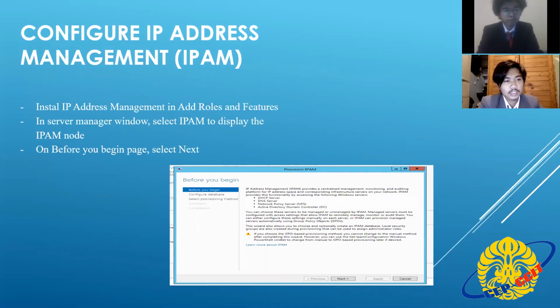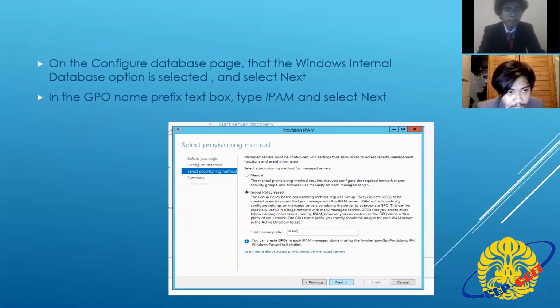First, install IP Address Management in Add Roles and Features, and then in the Server window, select IPAM to display the IPAM node. And then on the Before You Begin page, select Next. Then on the Configure Database page, verify that the Windows Internal Database option is selected and select Next.